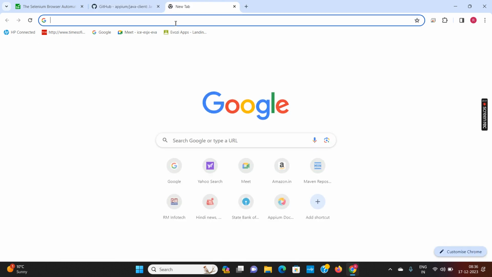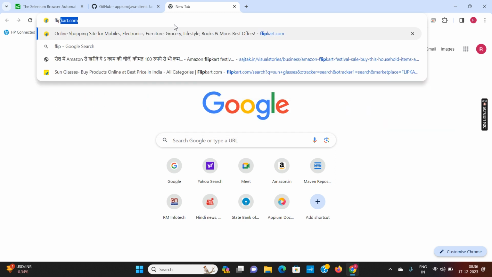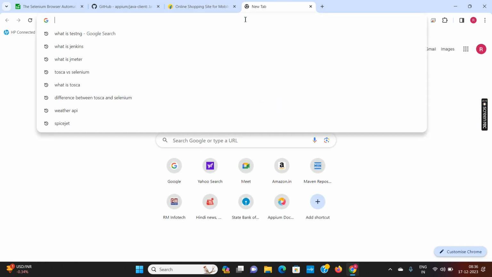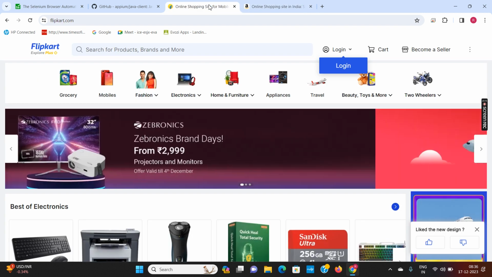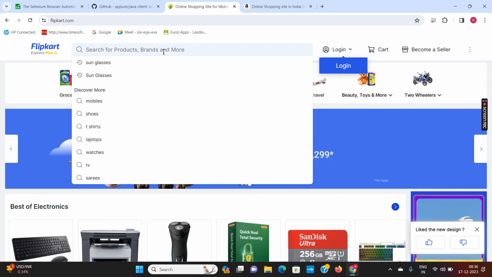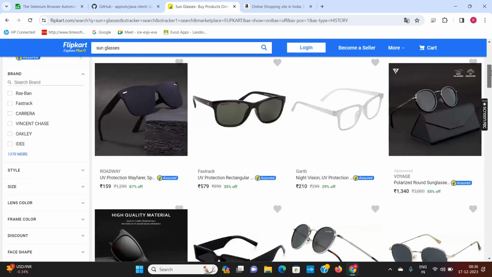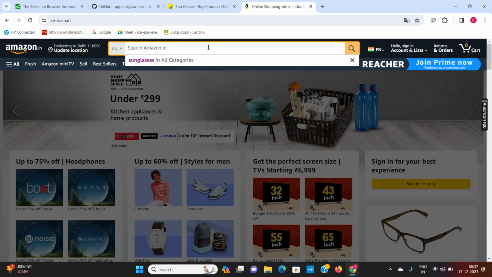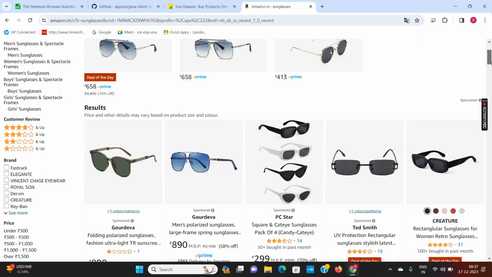One more thing: what is a framework? Like if I go for Flipkart and if I go for Amazon, both are e-commerce websites. If on Flipkart I am searching, say, sunglasses only, I am getting the result for the sunglasses. Again, if I go for Amazon and search for sunglasses, again I am getting the result.